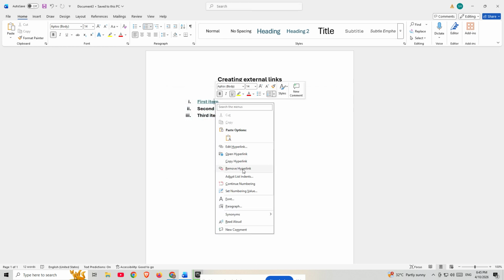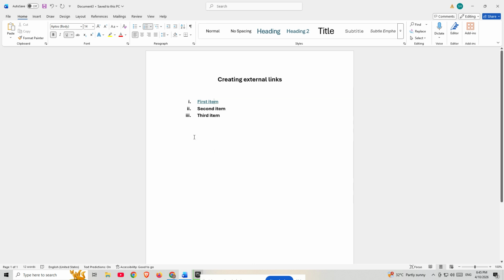A few quick tips can help you work faster. First, always use clear link text instead of pasting long URLs directly into your document. This makes your document look much more professional. Second, make sure the website you are linking to is trustworthy and correct. Third, if you're sharing the document with other people, test the link before sending it out so you know it